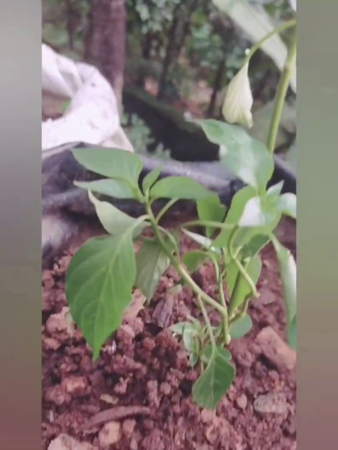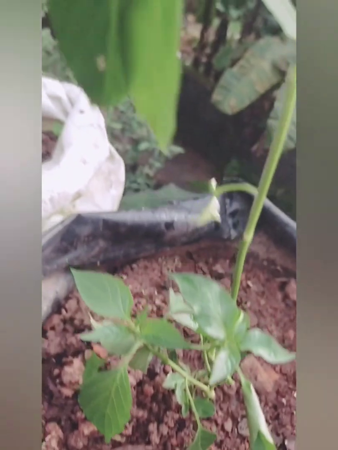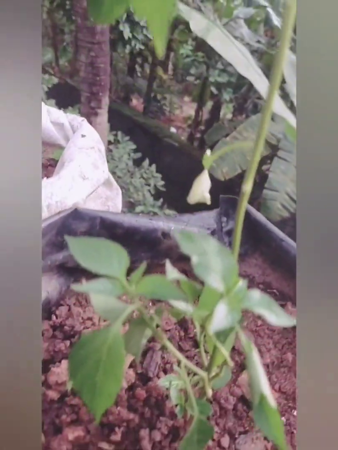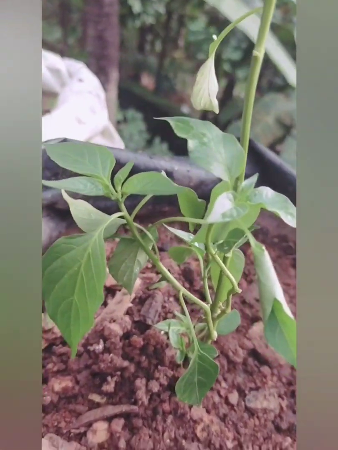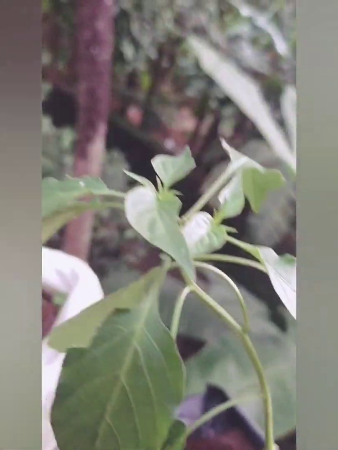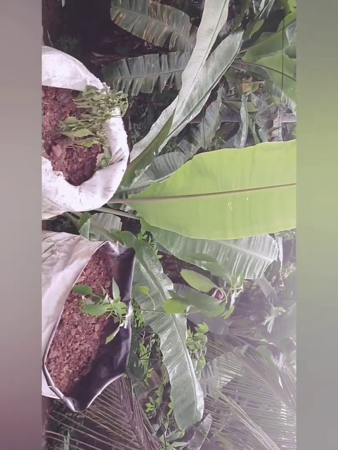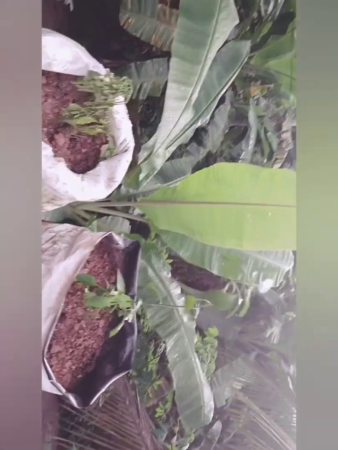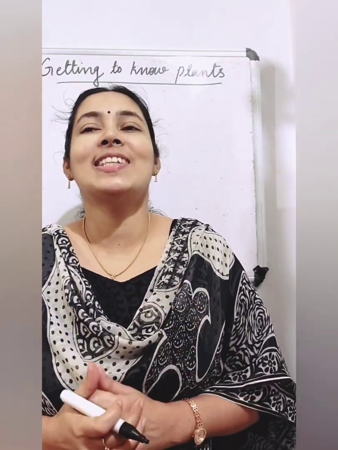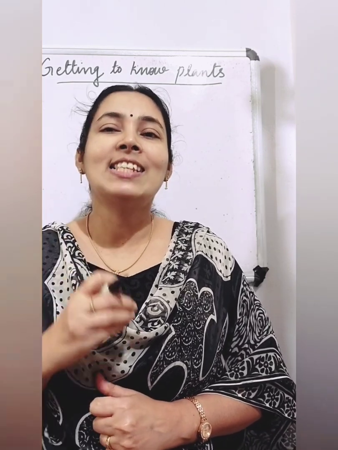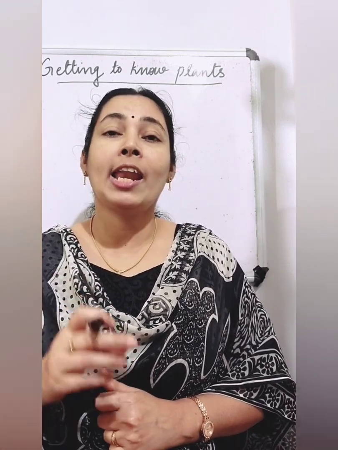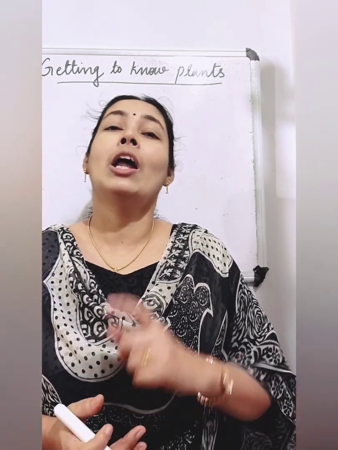Now we can look at the other plant which was planted with roots. So what happened to the plant? The plant begins to grow. It absorbs water from the soil with the roots and it begins to grow. So both the plants together you can see. So one plant begins to grow and the other one dries up. Now what do you understand from this activity? Does this activity help you to understand an important function of the root? Now can you say what is that function?